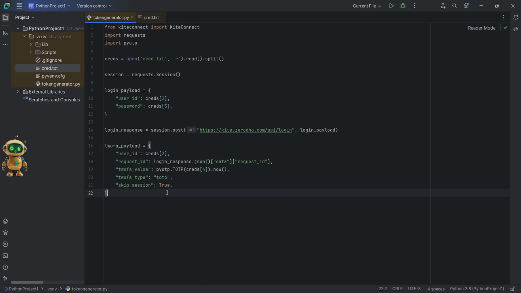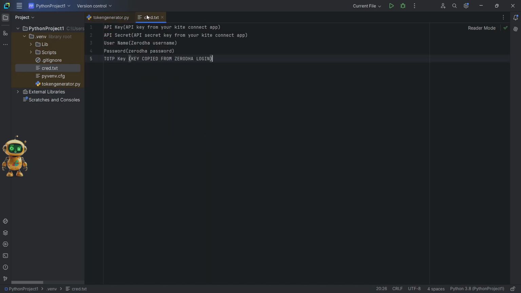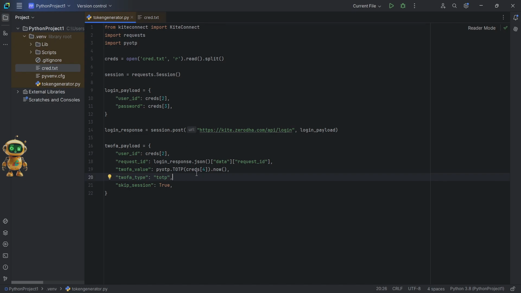Then we will create a dictionary 2fa_payload with keys user_id, request_id, 2fa_value, 2fa_type, and skip_session. We will use the session object and call the post method with the kite2fa URL and pass the 2fa_payload dictionary we created.